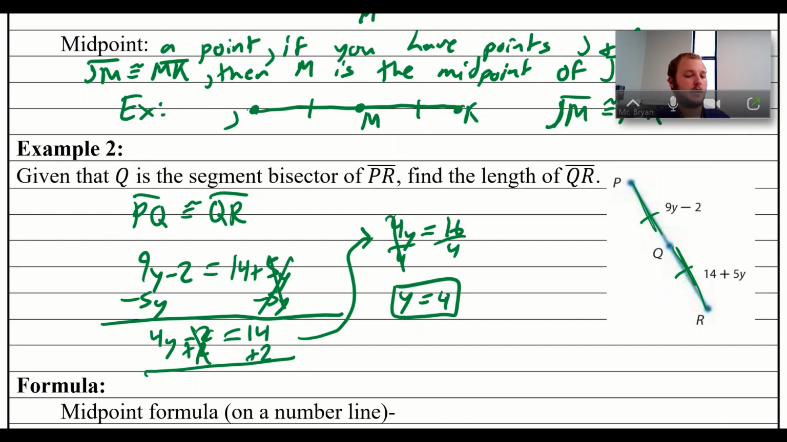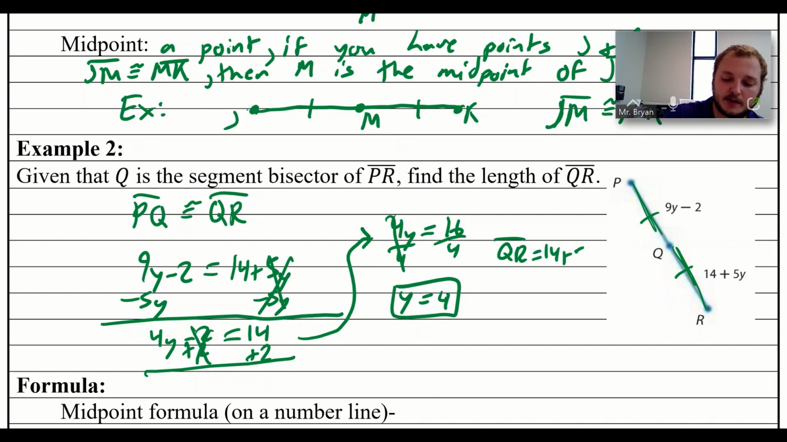But then again, I always need to double check and make sure that is what the question was asking for. So I look back here and I see it says I want to find the length of QR. So I can't just stop here. I need to ask myself, how do I find the length of QR with this new information? And I'll give you a hint, it's always going to be the same thing. If you're not solving for a variable, plug that variable back in. So we saw QR is 14 plus 5y. So I'm going to say QR,